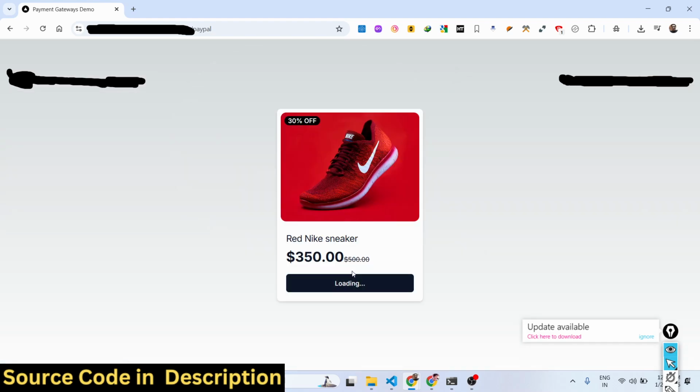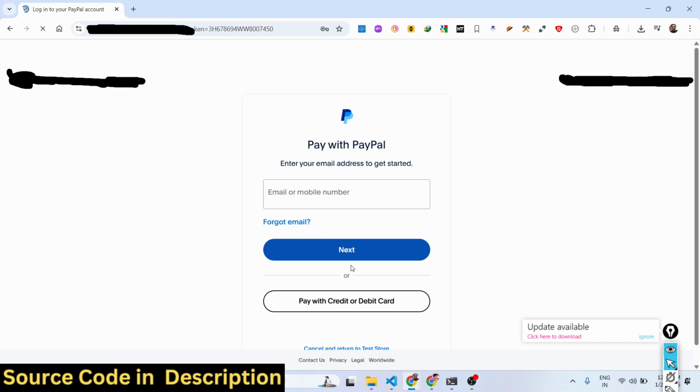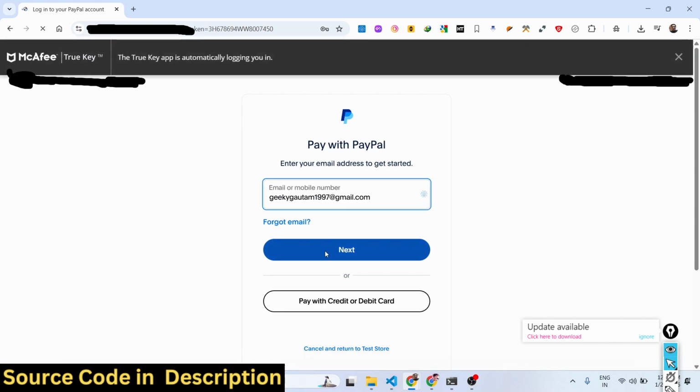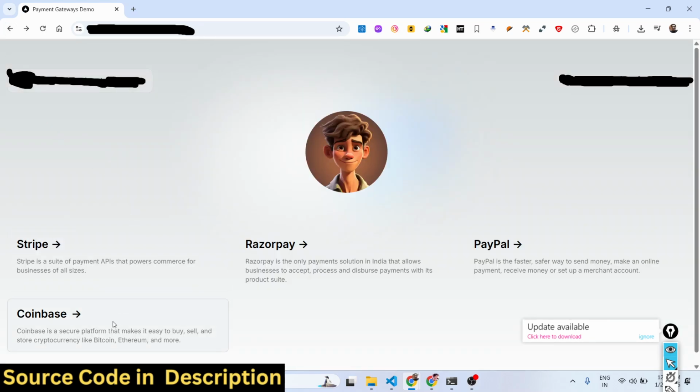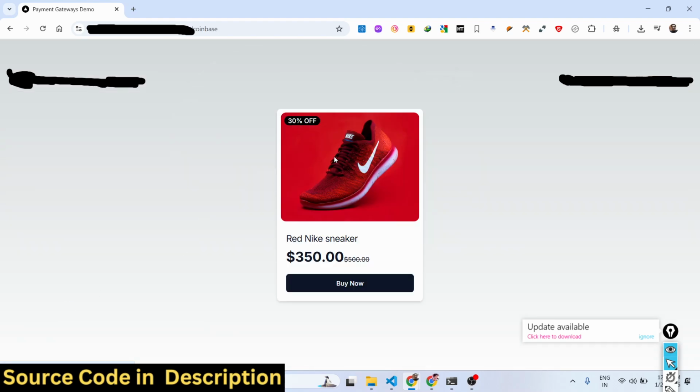So if you click for PayPal, it will redirect you to the, this is a test mode. So in this easy way. And same goes with Coinbase as well, which is a crypto based network. You click buy now and automatically